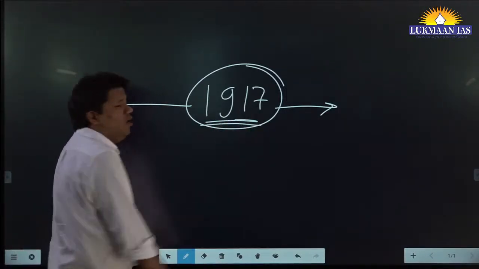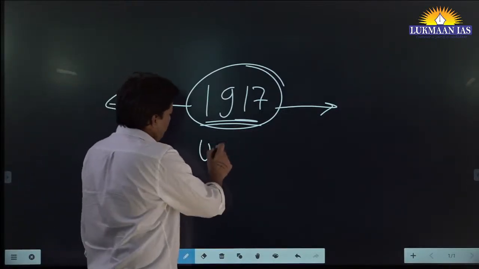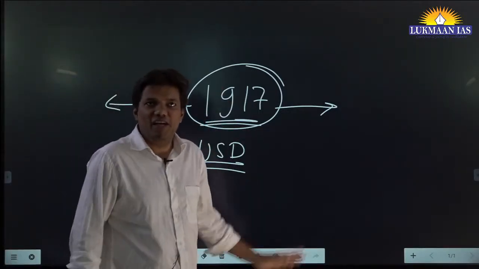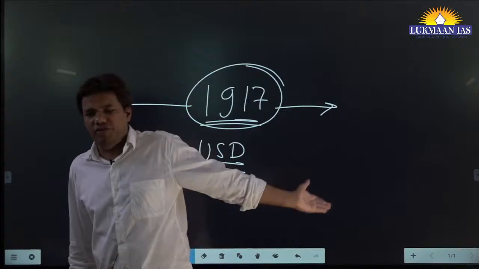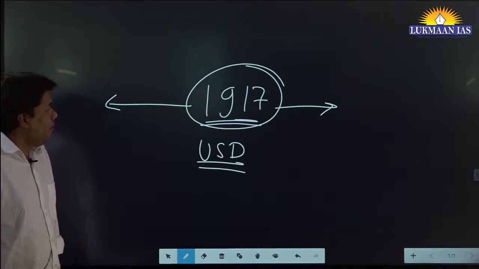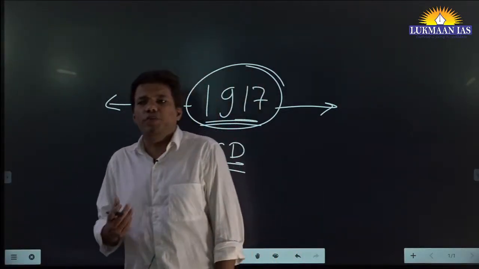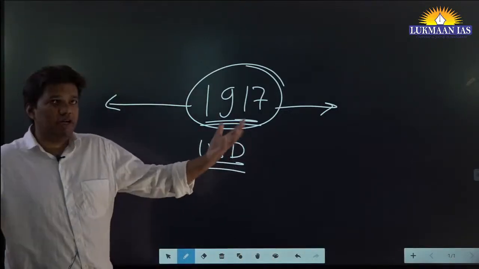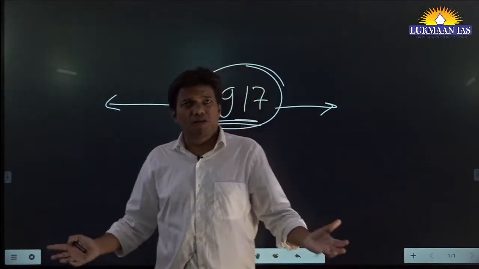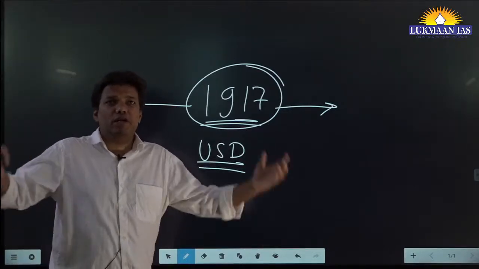So what happened before 1917? That was the year when the USD became more or less an international currency. And you can observe it: this was the World War period, more or less, 1914 to 19. But somebody asks, what is the essential prerequisite for a currency to become an international, reserve currency? Somebody may say that the particular country should have a large economy. Okay, a large economy, depth of the financial market, and high liquidity of that currency.